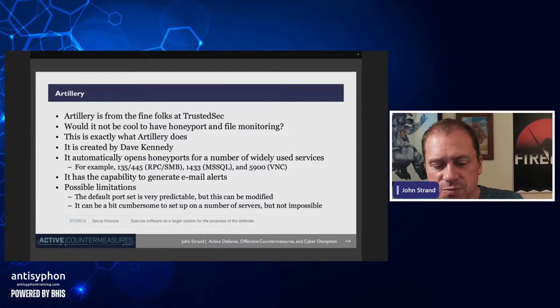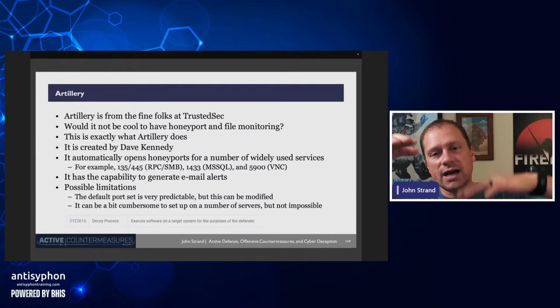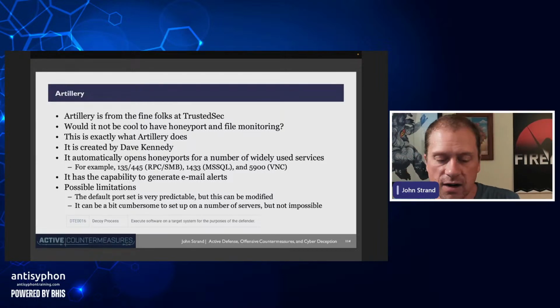Because they have some cool stuff out there. Now, this particular tool automatically opens up honeyports in a number of widely used services like 135, 445, 1433, and 5900 for VNC. Now, one of the limitations of this particular tool is that it kind of gives a fingerprint. If you see the system and it's only running 135, 445, 1433, and 5900, it's probably Artillery. But you can actually change the configuration to have it be a subset or just one of these ports and